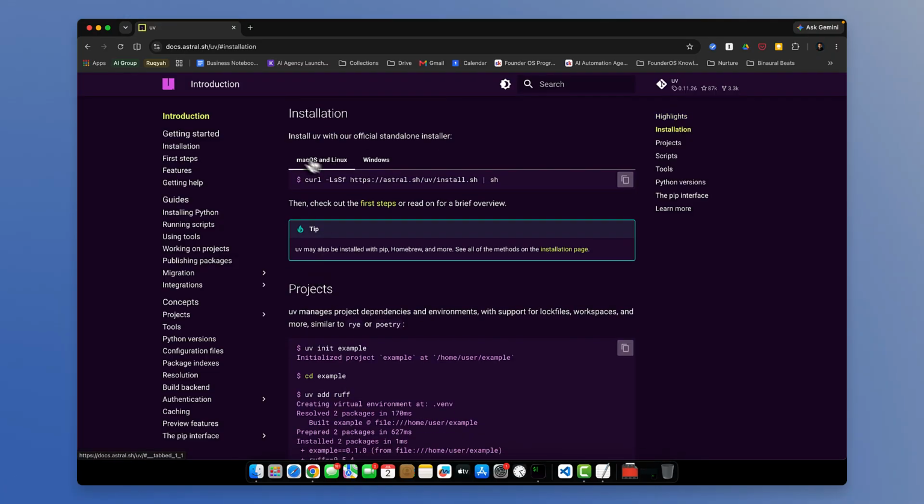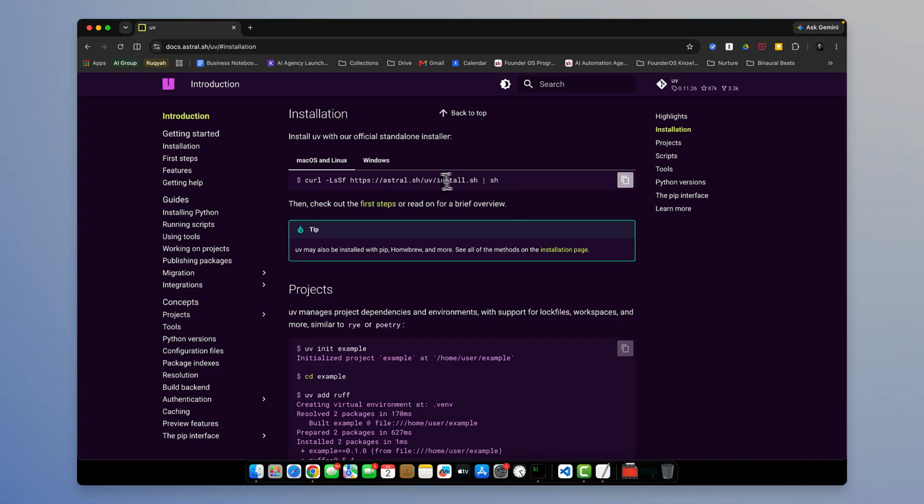So let's quickly install the UV Python package in our system so that we can use it in order to manage different packages in Python. Based on your system, if it is Windows, just go ahead and click on this one and put it in your command prompt or terminal in order to install. Yeah, this looks like a PowerShell command, right? And since I'm working on macOS,